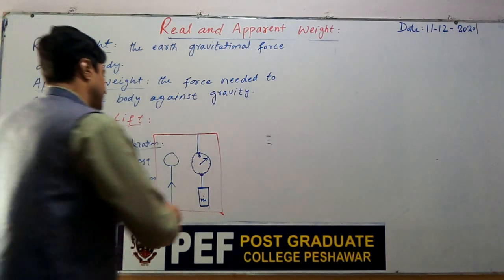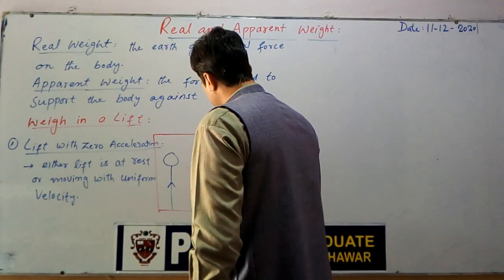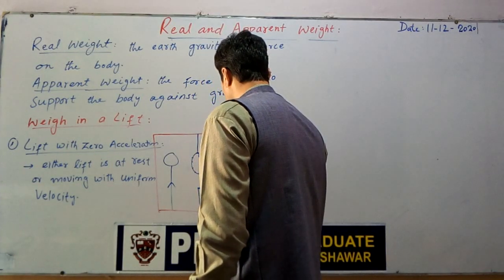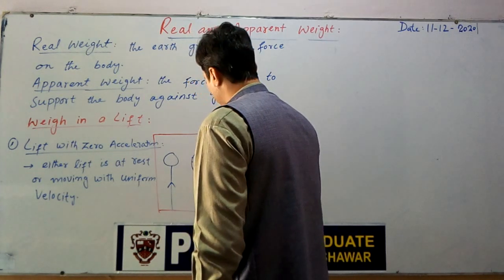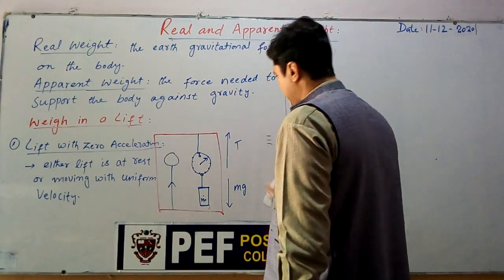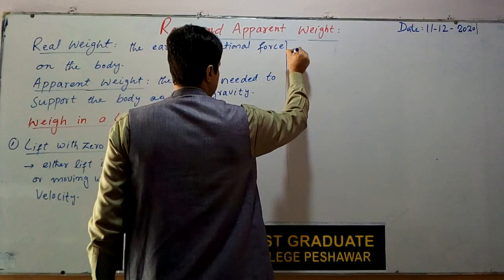In this condition, say suppose this is tension in the string which is in upward direction, this is weight of the body of mass m which is mg in downward direction, and acceleration of the lift is 0, lift does not accelerate. So the net force in this case is calculated as F net